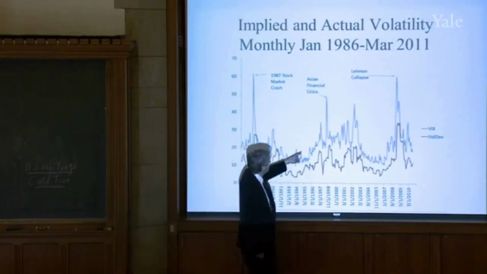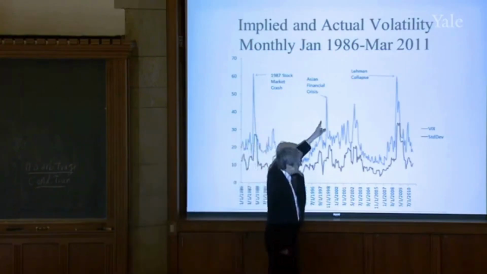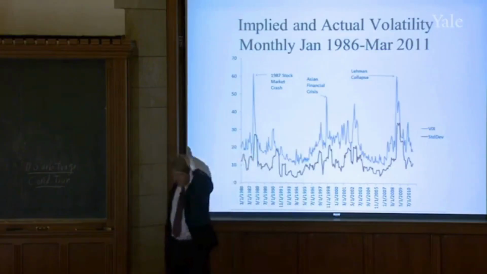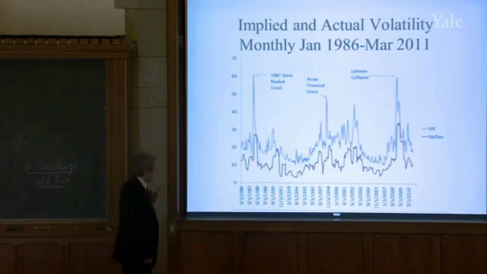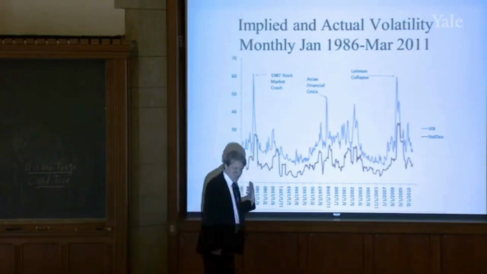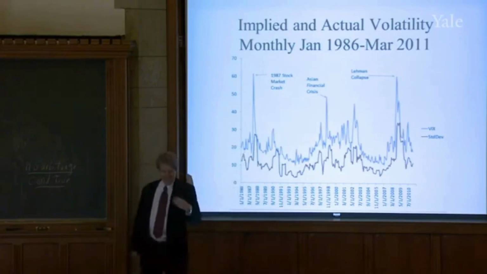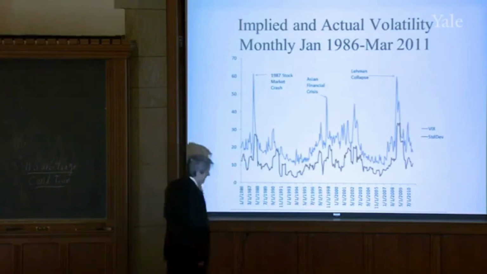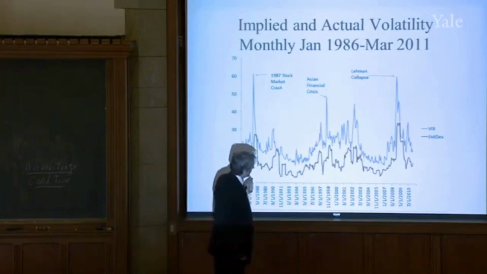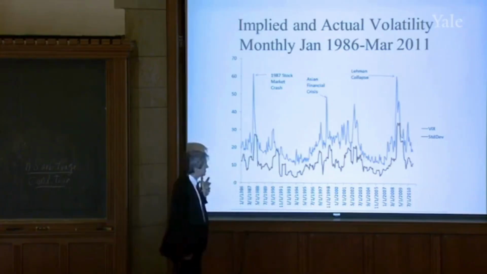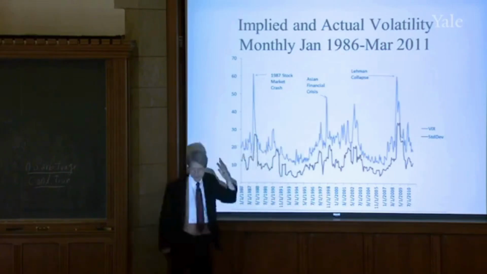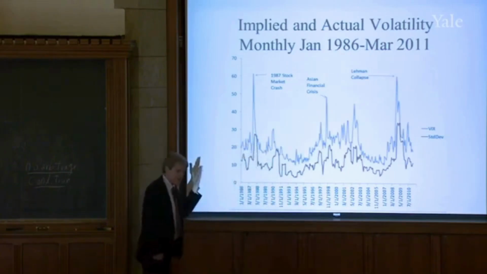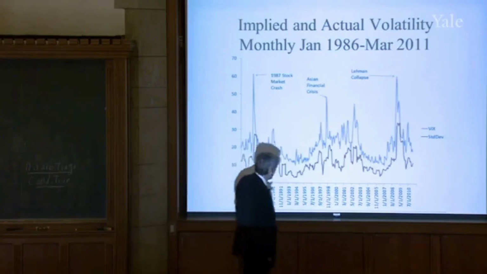There's a couple other spikes that I've noted. The Asian financial crisis occurred in the mid-1990s. Now, that is something that was primarily Asian, but it got people anxious over here as well. Korea, Taiwan, Indonesia, Hong Kong, these countries had huge turmoil. But it came over here in the form of a sudden spike in expected volatility. People thought things could really happen here. So all the option prices got more valuable.